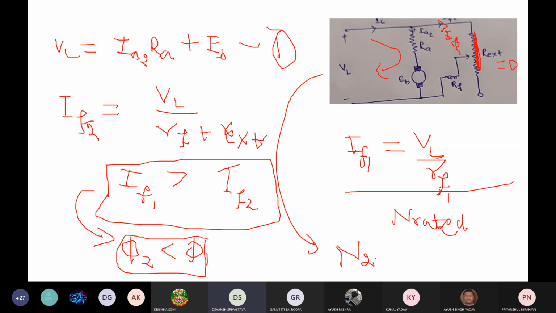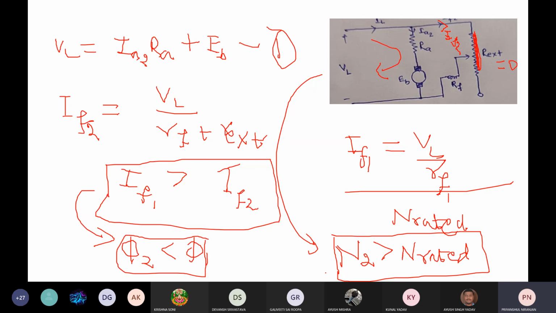Greater than, sir. Greater. Always or less? Always. Yes, sir, because flux is less, na? Flux is less, always. If flux is less, then speed will increase. Okay, clear? So when we control above the base speed, means